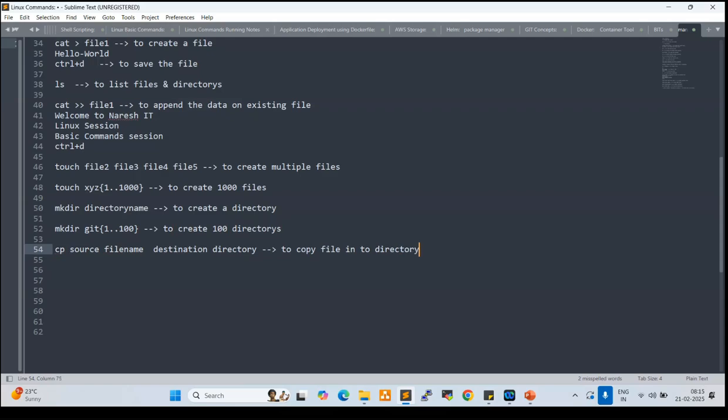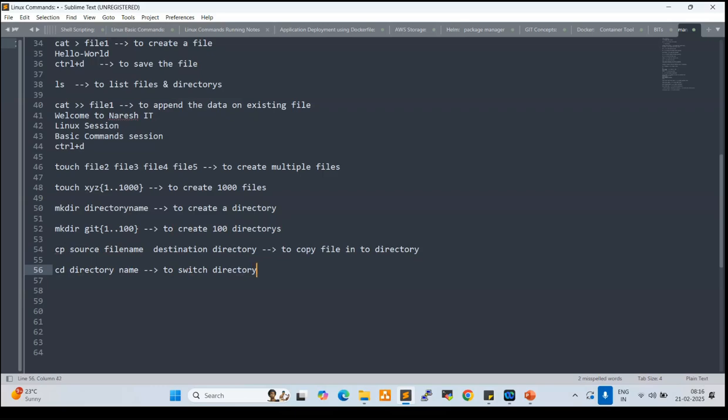Once you copy the file into the directory, if you want to go inside the directory, I want to switch into the directory, we can use cd. cd means change directory. cd space directory name, to switch directory.